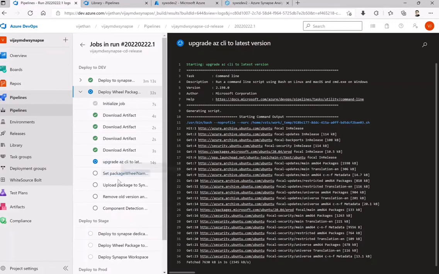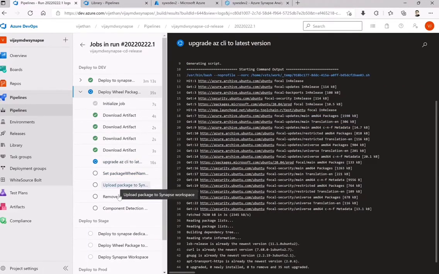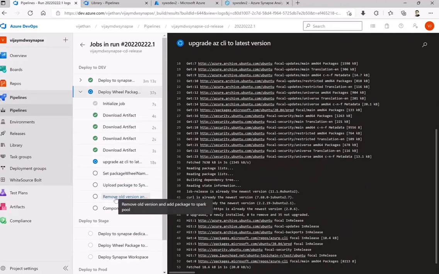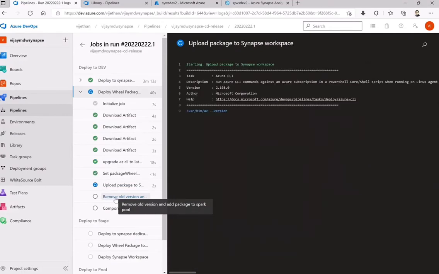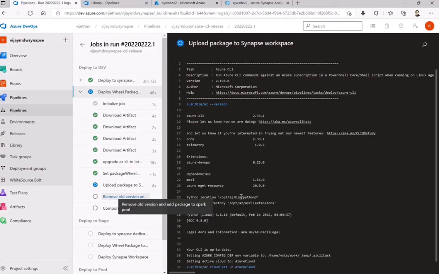So all this will be quick enough. Only while removing the older version of the package from that Spark pool does it take some time. So this can take around 15 to 20 minutes as well, at times, if this particular machine is slower on the Microsoft hosted runner.